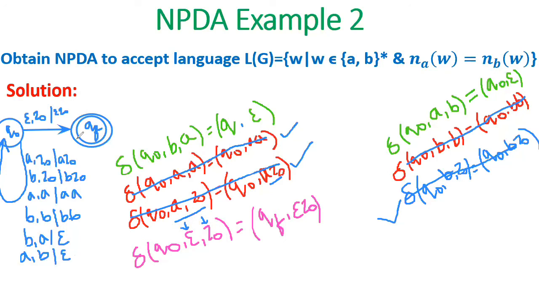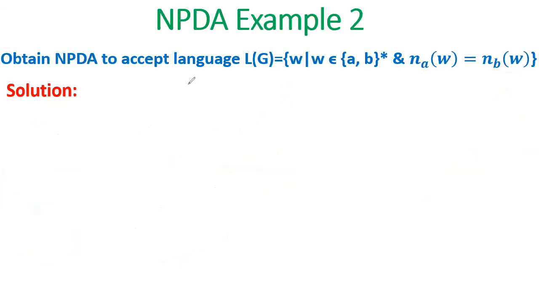So this acts as the transition diagram for the given problem. So I'll just summarize it. The logic is very simple. The string can start with A or it can start with B. First two transitions: what do you need to do? You have to push them blindly onto the stack. And if you get the same characters, AA or BB, you push it onto the stack.